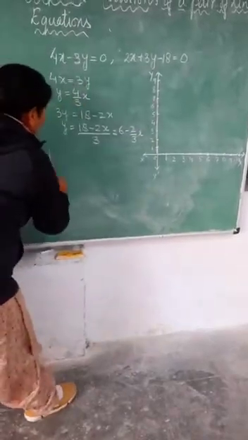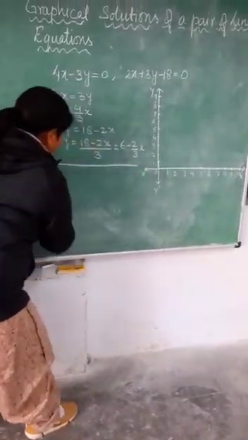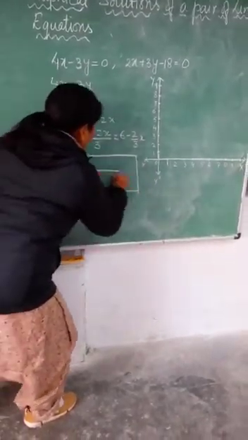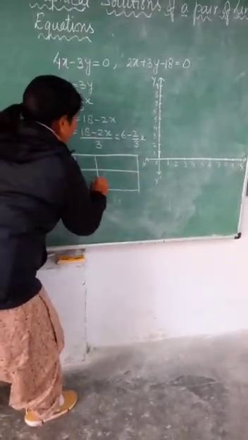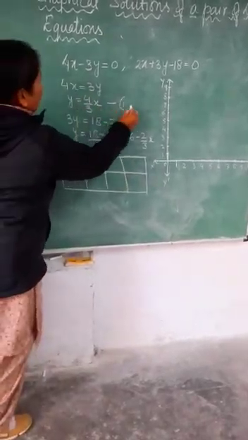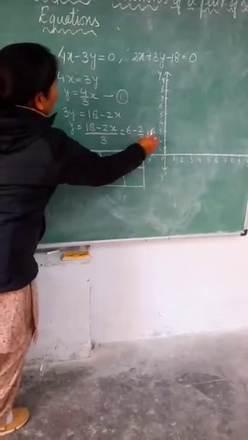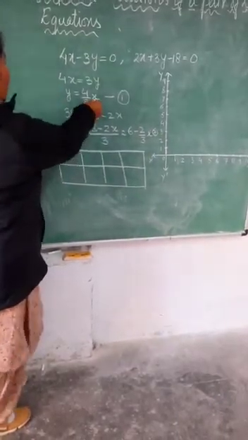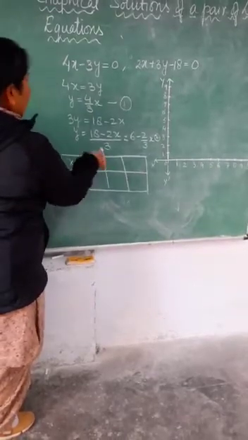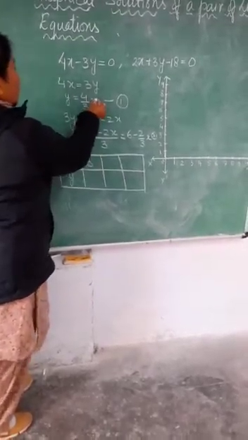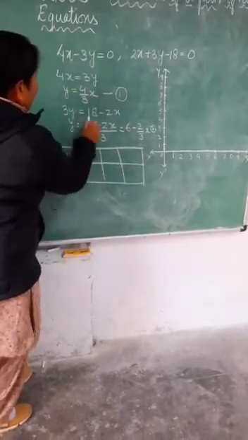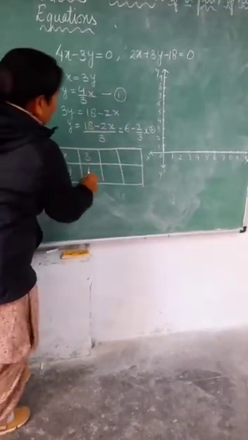Now I am putting the values directly. You know how to put the value of x and y and get the values. This is for the first equation. This is the first equation and this is the second one. So in the first equation, if we put the value x equals 3, we will take those values which can be easily cancelled by this 3. So if we put 3 over here, then the 3 will be cancelled and we will get 4 over here.